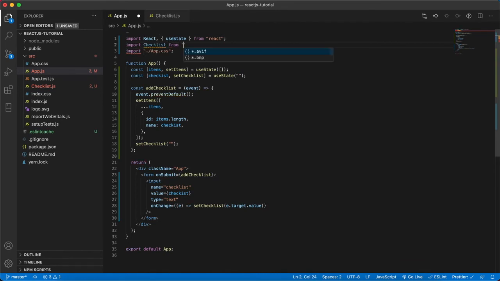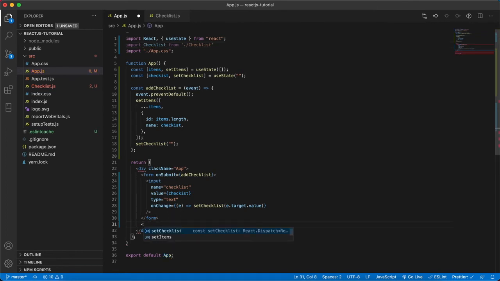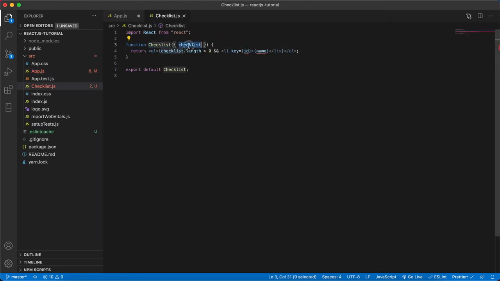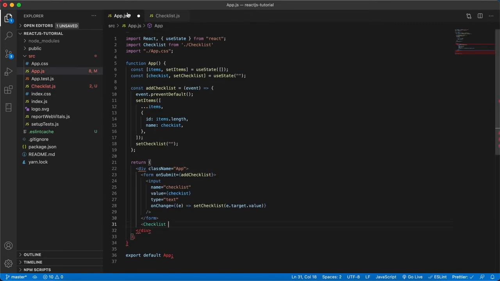So now import it, and we are going to pass the property, that is items, to the checklist component. That is what I'm doing over here. So we'll have the same property name.